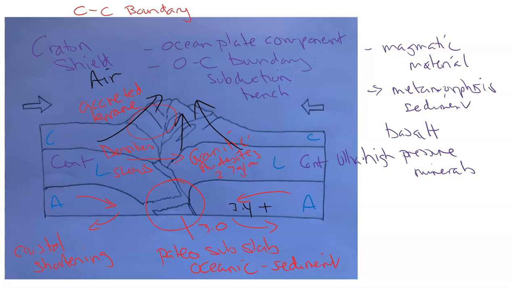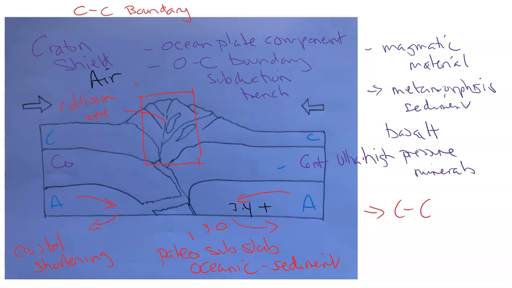And right here, if I might make some room right here. Here we go. All right. So right here, do a big square. Right here, we have what's called the collision zone. Now, this is important because once we get into pure continent versus continent boundary, we're matching the same densities,